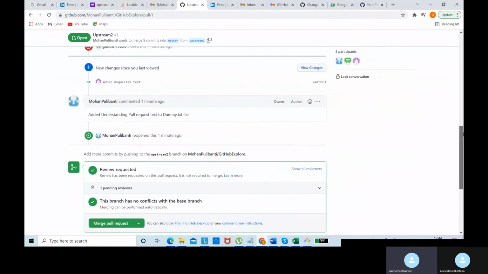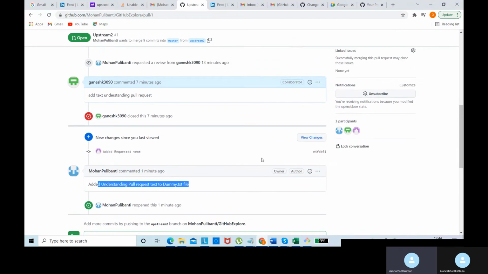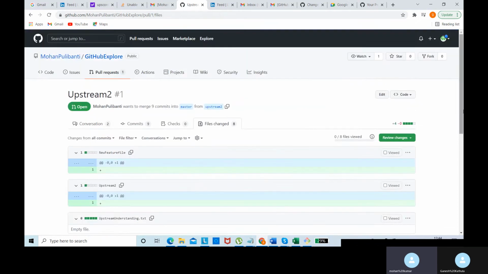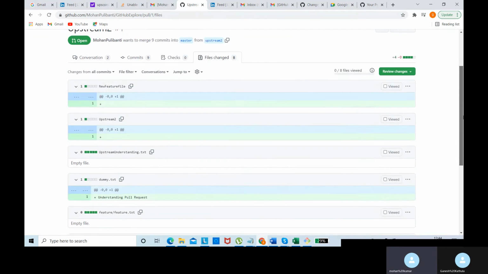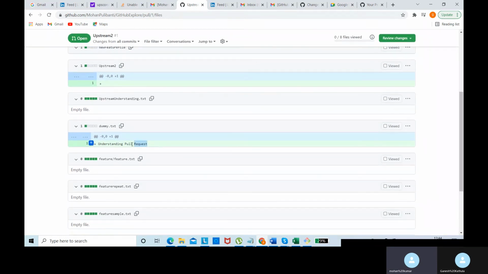So go up. Are you able to see my comment? I added something called this text. There should be something like... so he can see the text, understanding pull request.